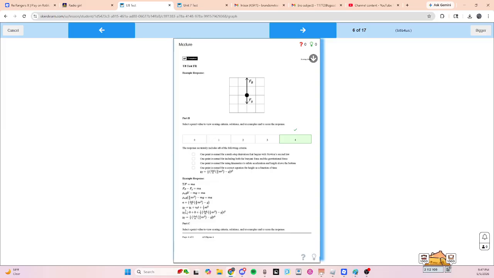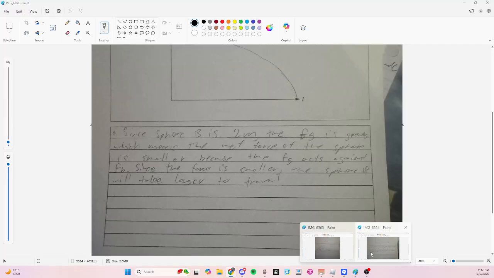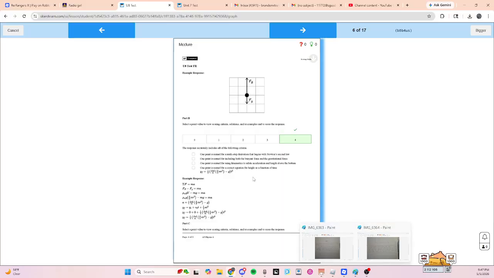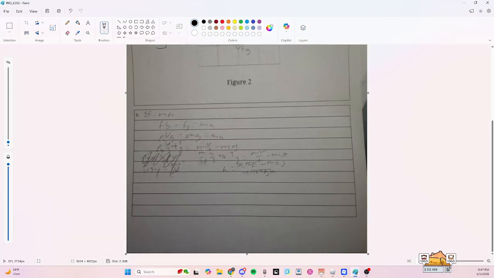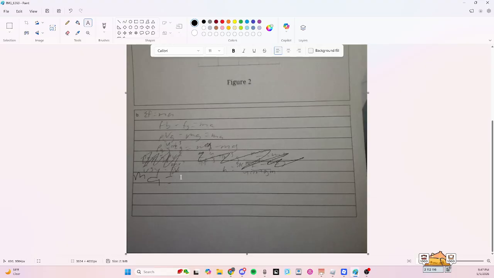Y final equals y initial plus v0 t plus 1/2 a t squared. Instead I just started isolating a bunch of random stuff, and I didn't even know where I got my h. So that's where I messed up. I just didn't know to get to here to isolate for acceleration, and then plug it into that position equation. So what I should have done was keep this as a. Okay, I'm just going to type this. So ma is equal to